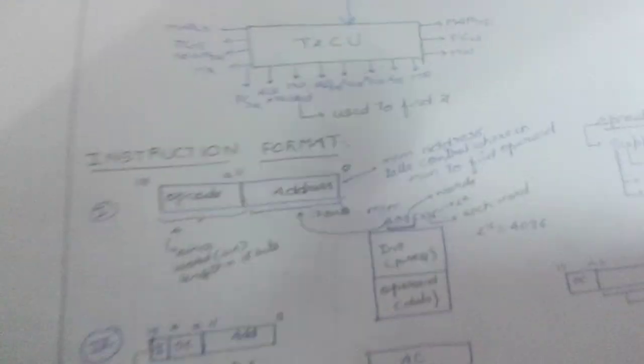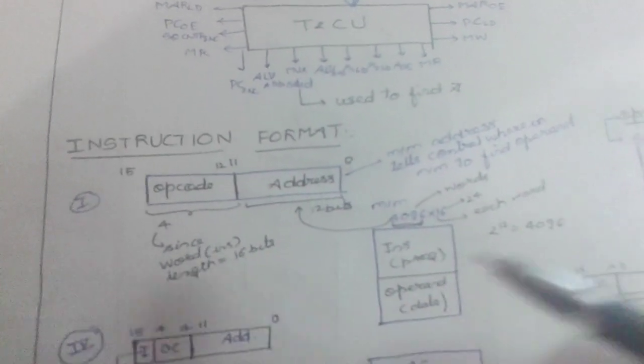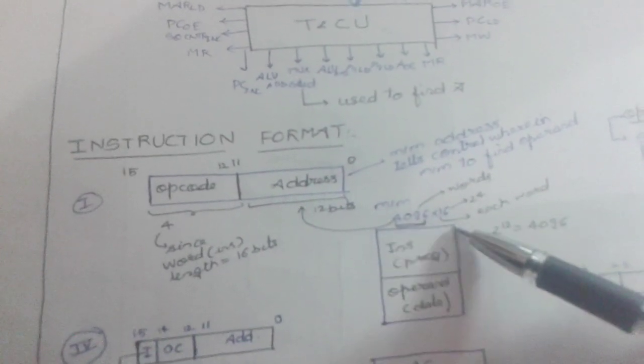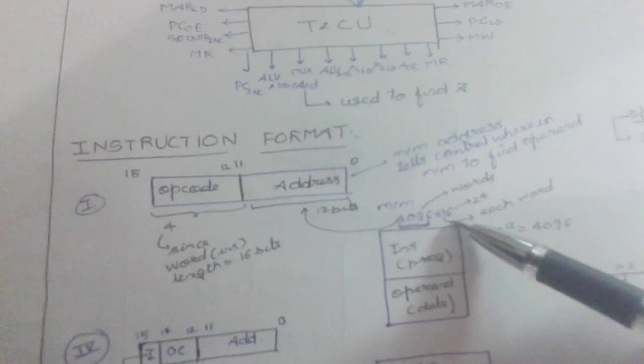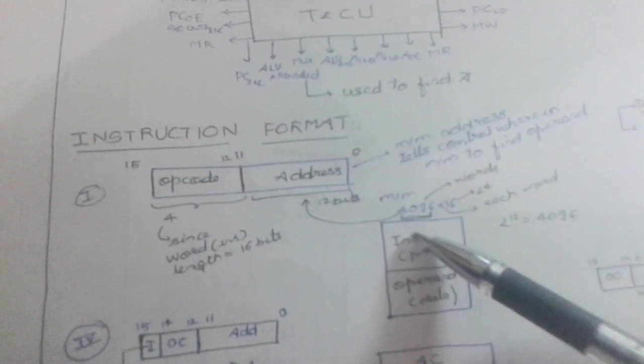Okay, so suppose we are starting from a memory block. Suppose we have a memory of 4096 into 16 bits. This is the size of our memory. What does it mean? It means